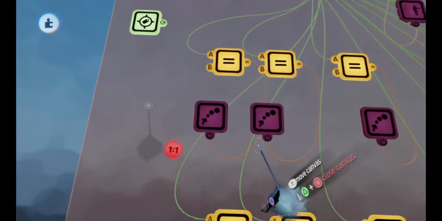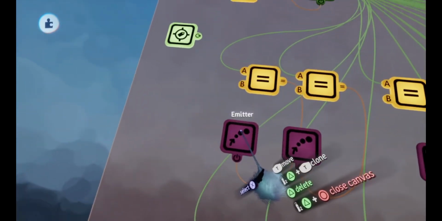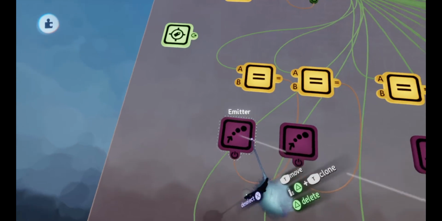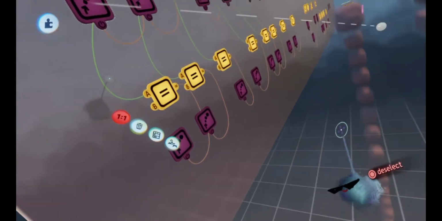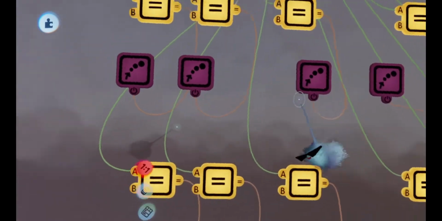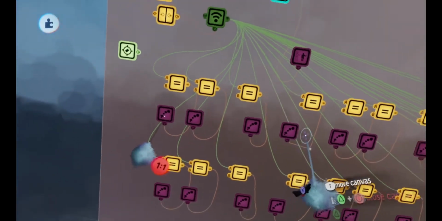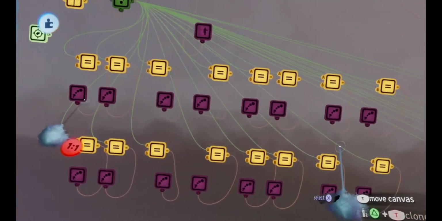So we have this emitter, which emits the first one of these blocks, as I told in the beginning, and it just checks.